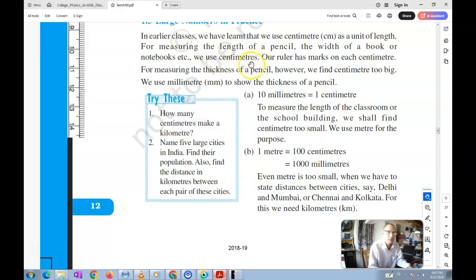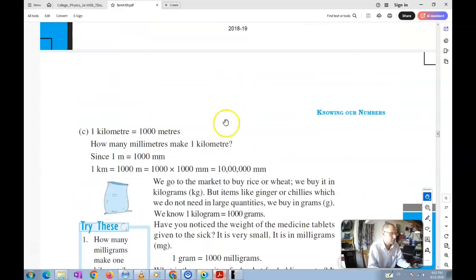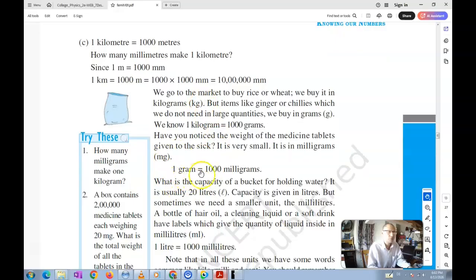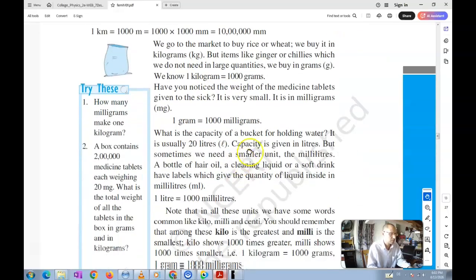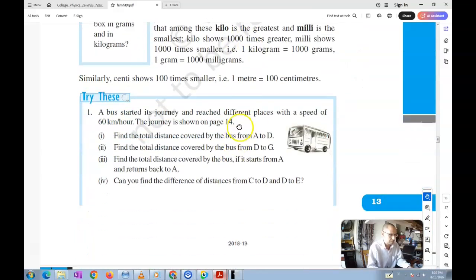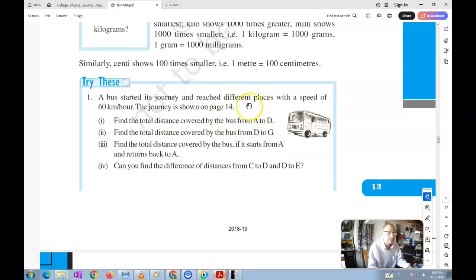Now we will see what units are. For example, a unit would be a millimeter, a centimeter, a meter, or a kilometer. Or another unit is a gram, or a milligram, or a liter, or a milliliter, or something like that. So these are all units. And then we use them in order to